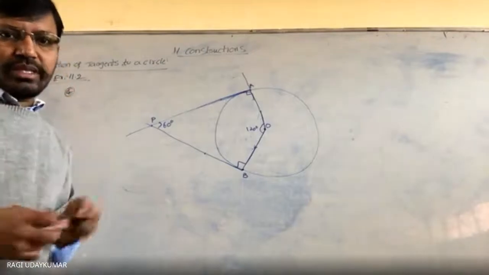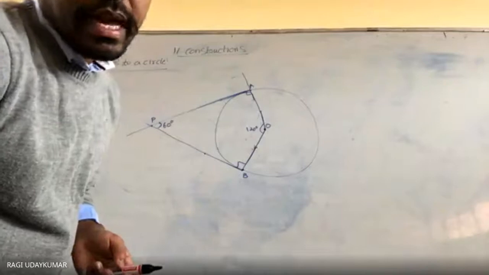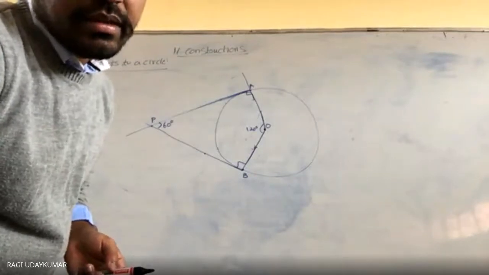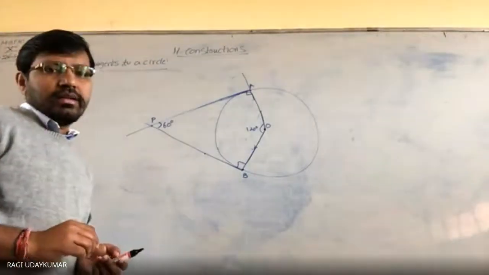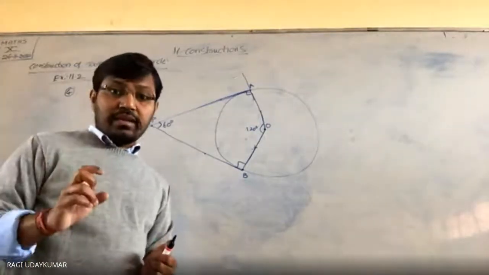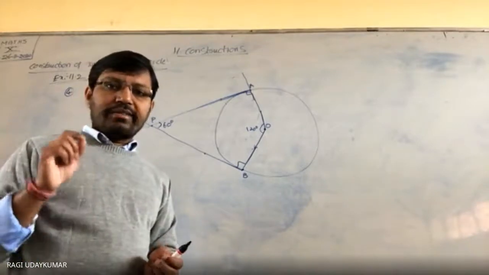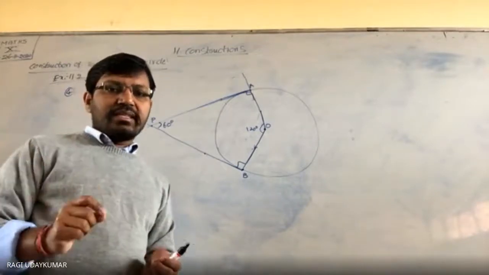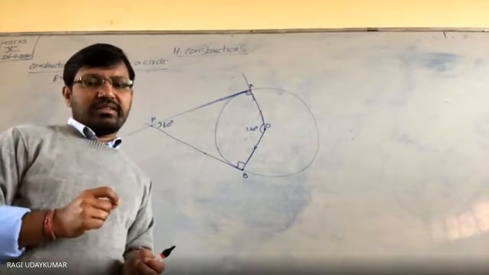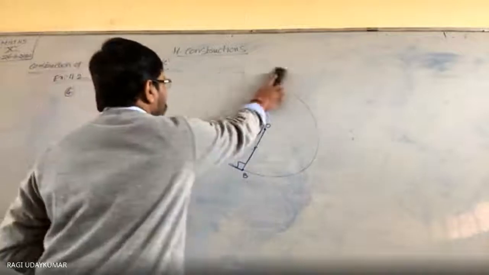Next, fifth question देखो. So fifth question is given to you. Draw a line segment AB of length 8 centimeters. Draw a line segment AB of 8 centimeters and A as a center draw a circle of radius 4 centimeters and B as a center draw a circle of radius 3 centimeters. Okay, so first let us see what is given to you and let us draw it.